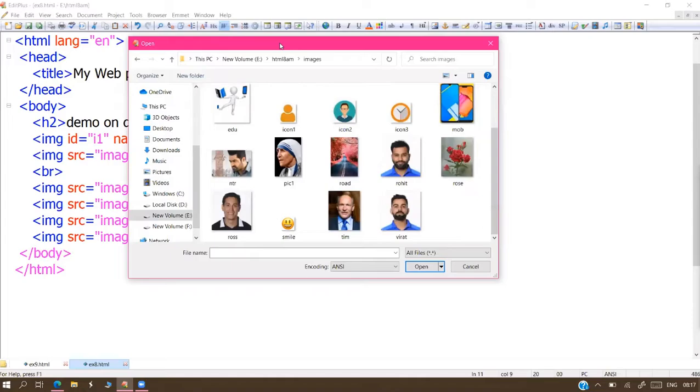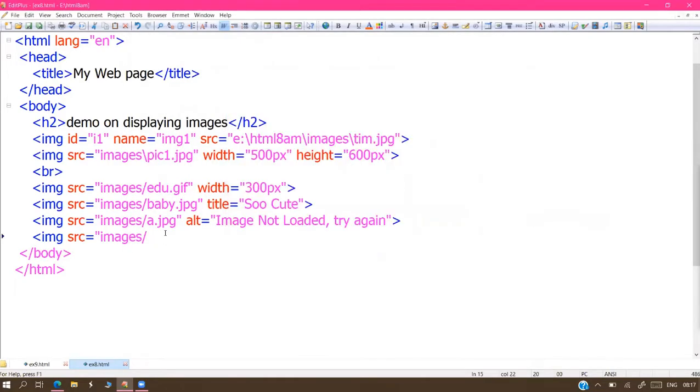I'm taking this rose flower. Then style. Why style, sir? Because it is a CSS attribute. Equals double quotations, border colon, thickness 5 pixels, space. What is the line style? Solid. Space. What is the color, sir? I want to go for some blue color.